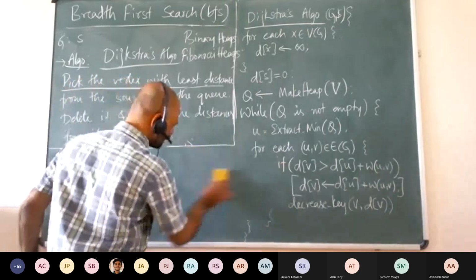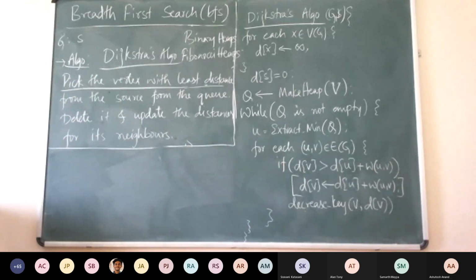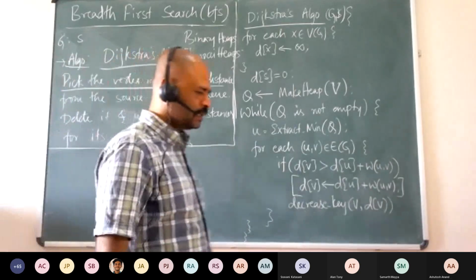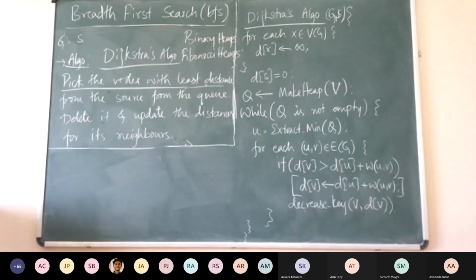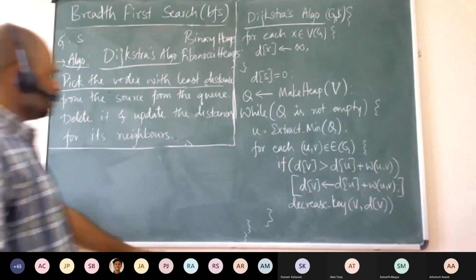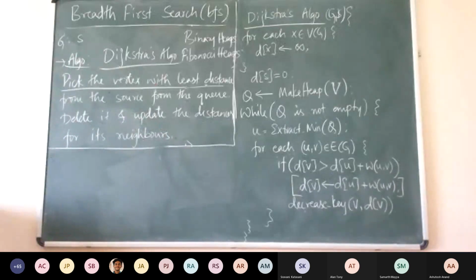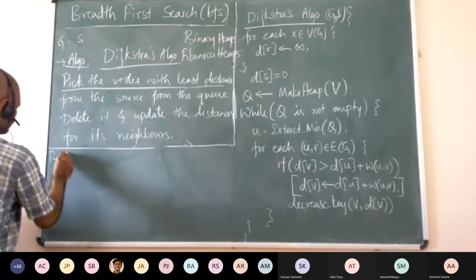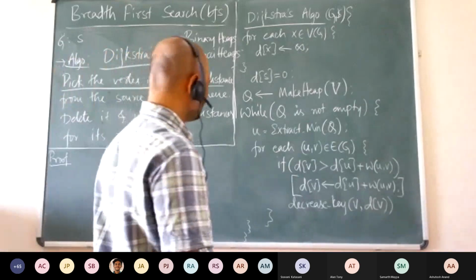How do we see the correctness? Let us go through it once again, just so that it is done correctly. Now we also have this algorithm. Let us try to prove that this exactly gives the correct distance. How do we do it? How do we prove that the algorithm is correct? We can prove it by, yeah, what is this?